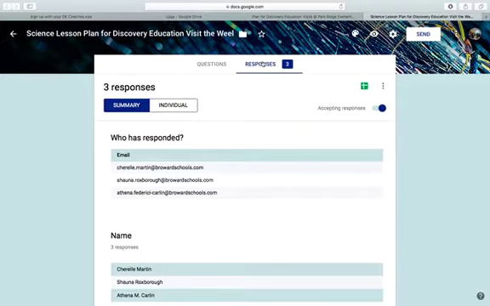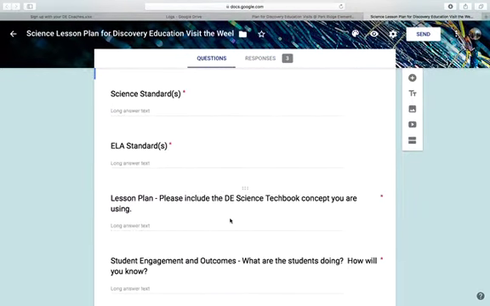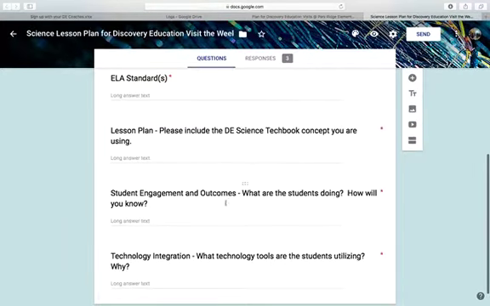So I see I have 3 people who have responded. We can go ahead and click right now. So I see 2nd grade, 4th grade, and 3rd grade. One thing that's very important on this, and if you didn't fill it out, I want you to go back and reconsider this, is student engagement outcomes. What we really want to know from you is, what do you see your students doing? And how are we going to know that they're doing that? That's a really important piece. So please make sure that you fill that out. And if you've already submitted this, go ahead and resubmit. That's such a big piece.